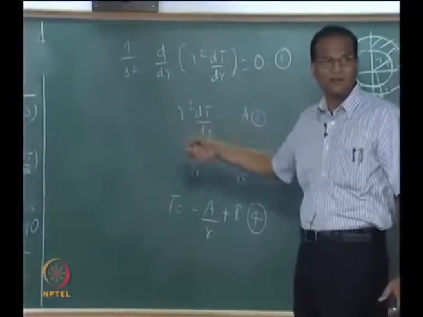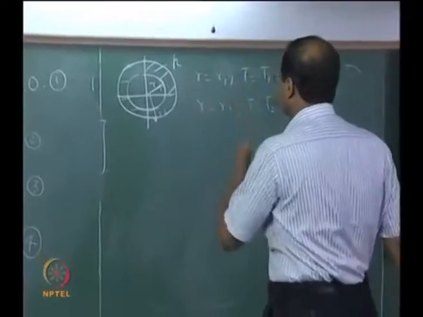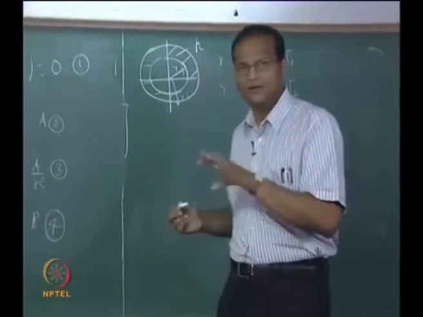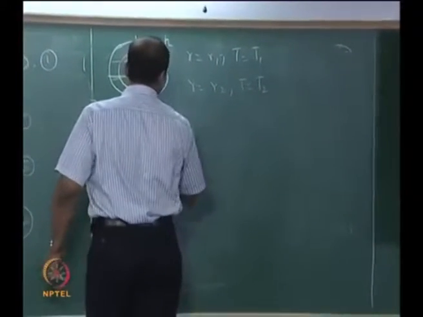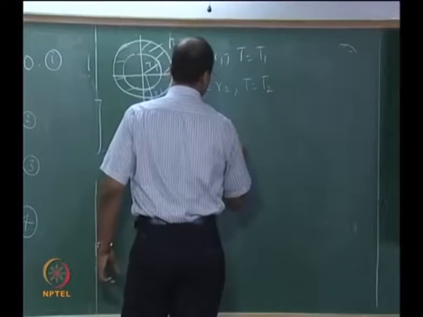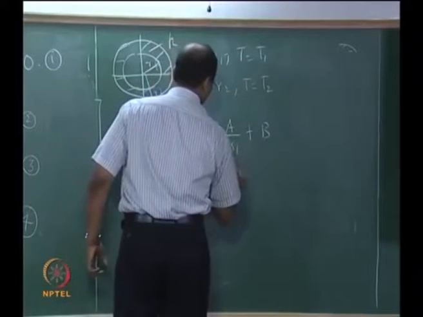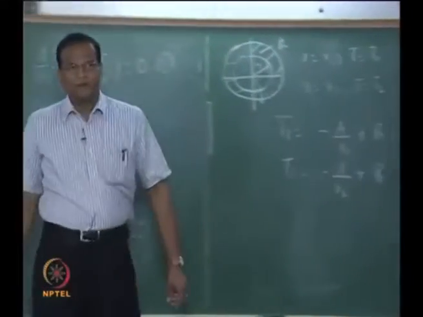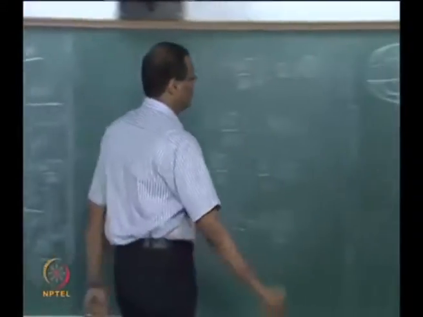Now, what we started out with very innocuously with some mathematics, we can apply to some hardcore engineering problem, right. So I will give you the example now, we will take liquid oxygen and a spherical tank and do that. Now T1 equals minus A by R1 plus B. Okay. Therefore